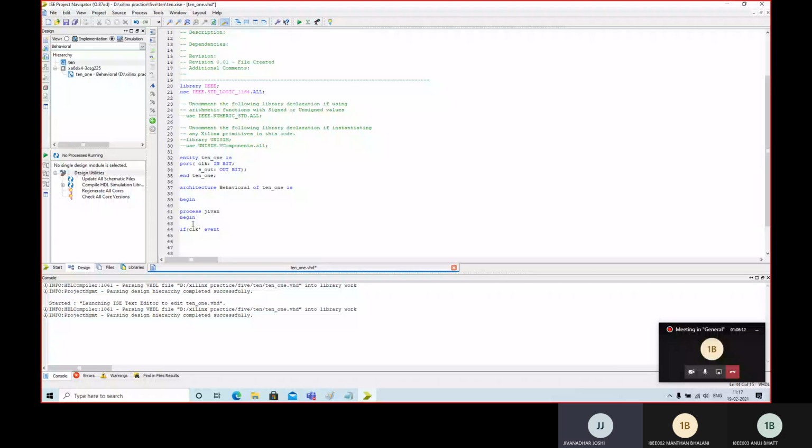क्लॉक इक्वल टू कैसा, इस तरह से या इक्वल टू? सिंपली इक्वल टू। देन S out इक्वल टू, कुछ भी करो, 1 को 0 करो, बराबर। एंड इफ लिखना पड़ेगा या एंड लिखना पड़ेगा? और इसी तरह से इफ।